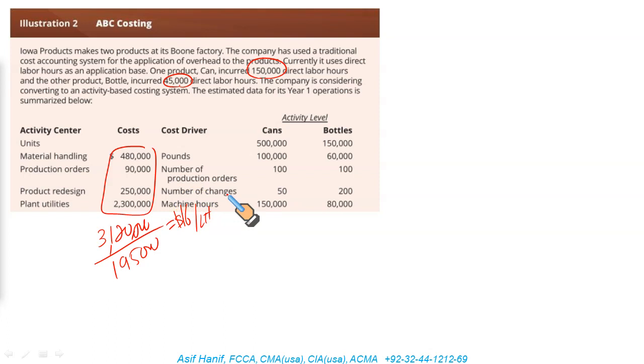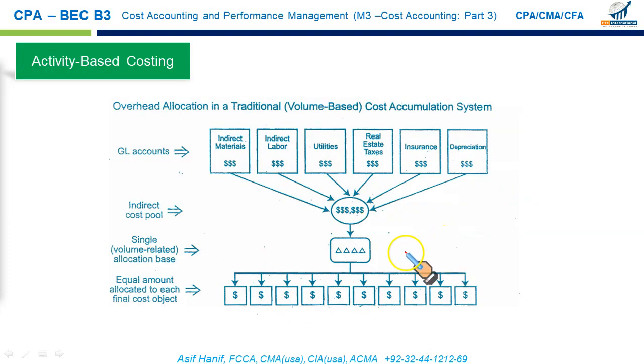See, why do we need ABC? Because it will make costing much more accurate rather than just using this peanut butter approach, applying $16 per labor hour on both of these items. It will result in product cost cross subsidization. Some items that should cost less will cost more, and some that should cost more will cost less under the traditional system. That's what you're doing here.